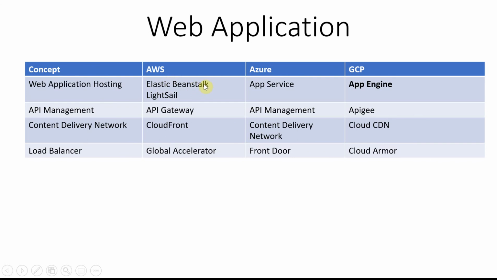A variation to Elastic Beanstalk is Lightsail, where you don't even need to manage Beanstalk. With Beanstalk you need to give some inputs, like your runtime and other things. But let's say you're not interested even in doing that. The more advanced solution is Lightsail. Light, from the name itself, is lighter. Lightsail is a solution where you can blindly throw your library into it, and it will deploy it. The equivalent answers are App Service in Azure, and App Engine in GCP.